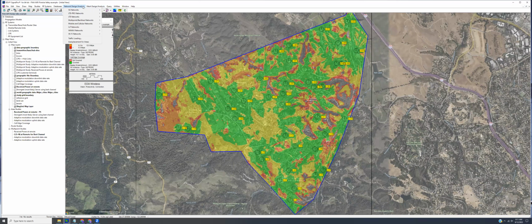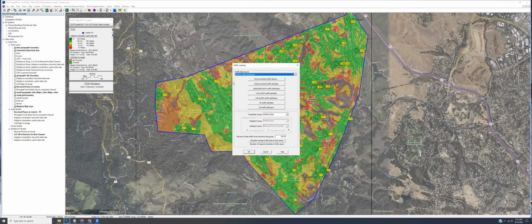When we're talking about traffic loading, we want to make an estimate of how many users there are per square kilometer and what their traffic demands are. And then we want to look at the coverage footprint of each access point and make an estimate for how heavily loaded that access point is going to be. And if I go down to traffic loading here under the network design menu,